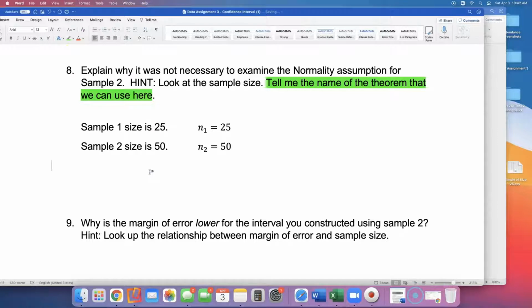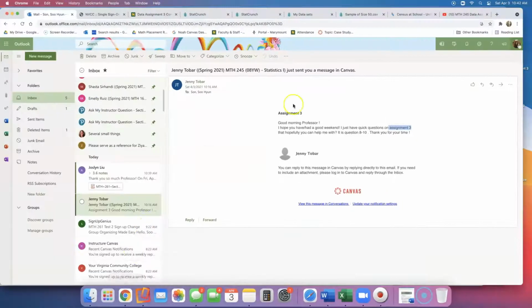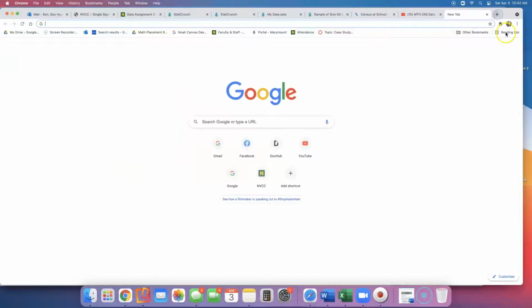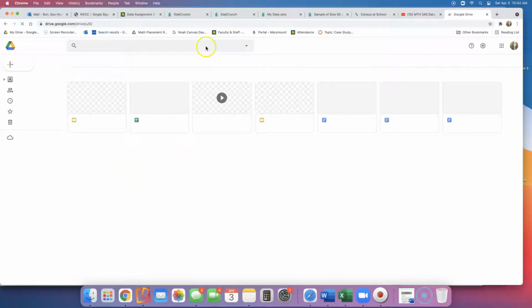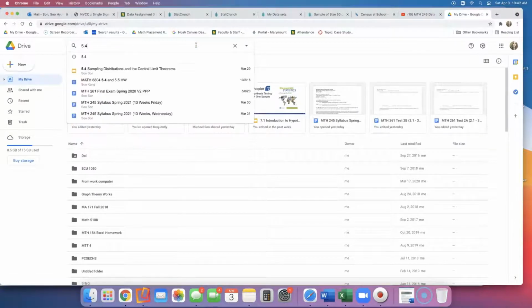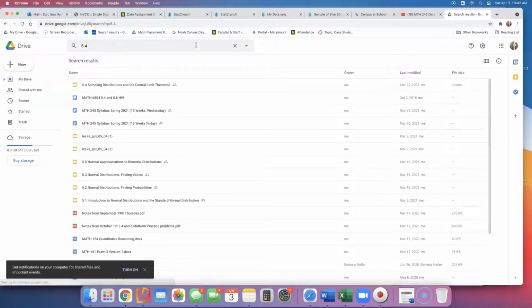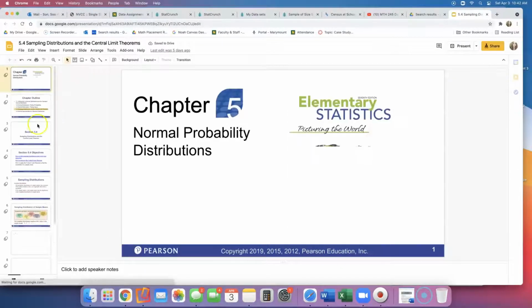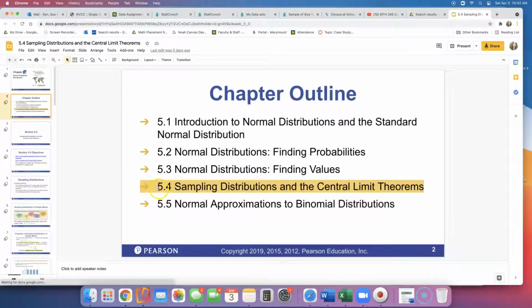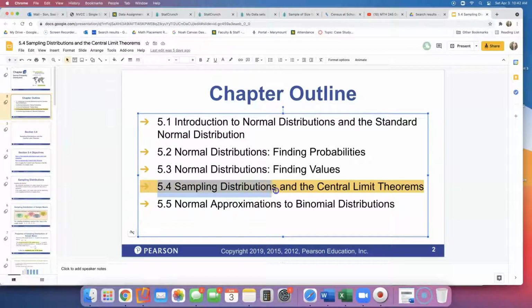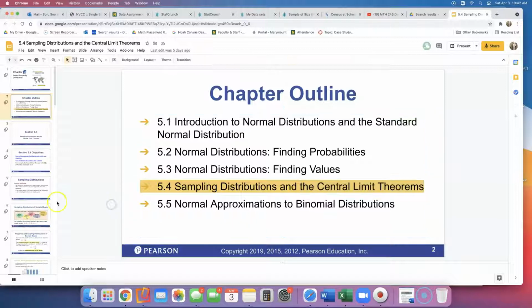All right, I'm sorry. I'll show you where we can find that. I want you to go to 5.4. That's when we started talking about sampling distribution. And what is the section name? Sampling distributions and the central limit theorem. So number 8, I want you to talk about the central limit theorem, okay? Which is saying,